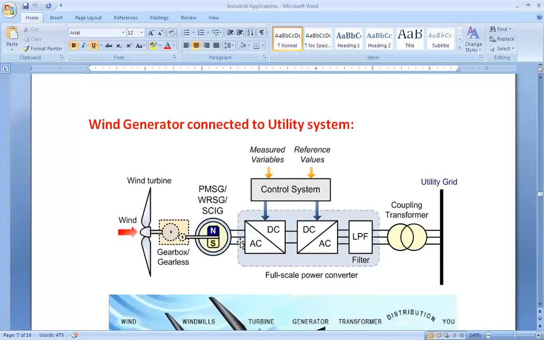As we are using the alternator, the utility grid requirement frequency is 50 hertz, and the synchronous generator creates its synchronous speed according to the prime mover connected. So what is the prime mover here? This wind turbine, that is our wind blade, is our prime mover. According to its speed, it will create an unwanted frequency. The wanted frequency is only 50 hertz, but it may create 3 hertz, it may create 30 hertz, it may create 25 hertz.